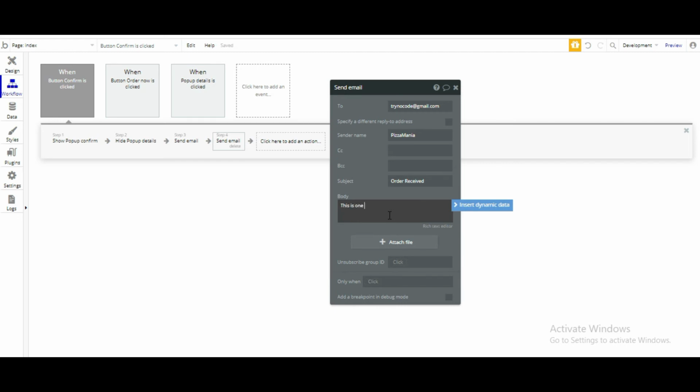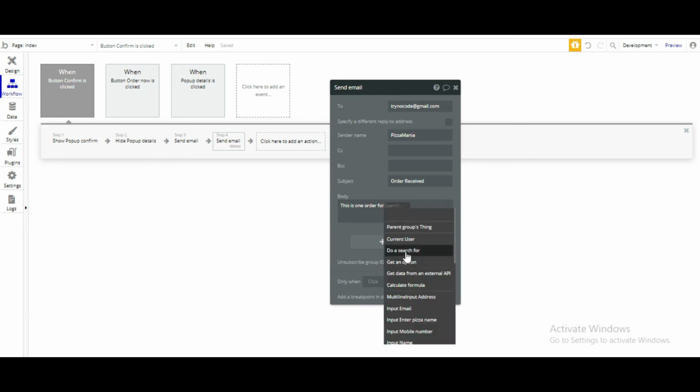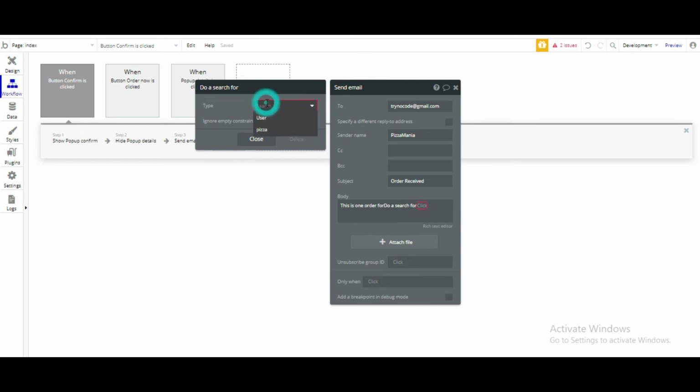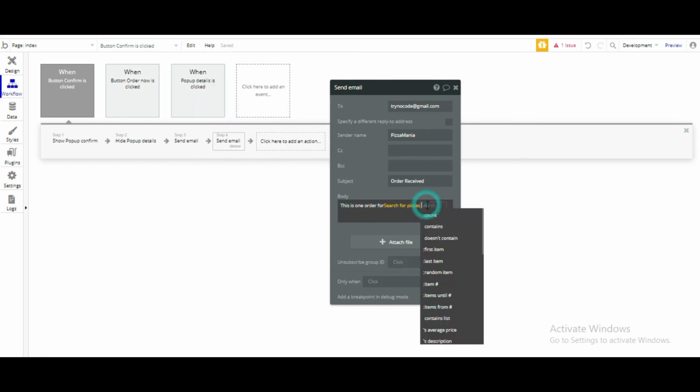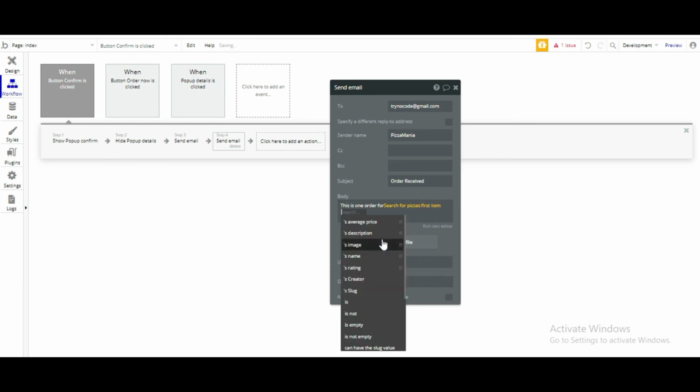This is one order for. Till now here we have written static data. Now let's insert our dynamic data. Do a search for pizzas. Search for pizzas. First item, name.